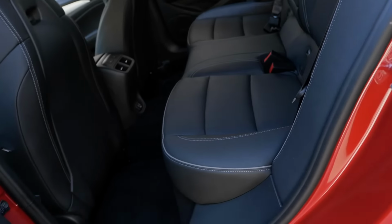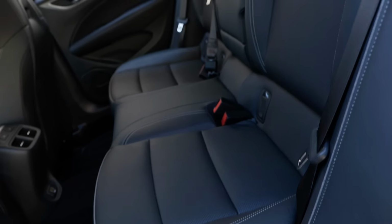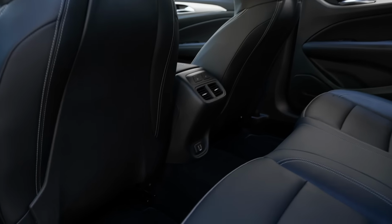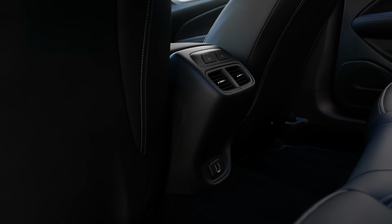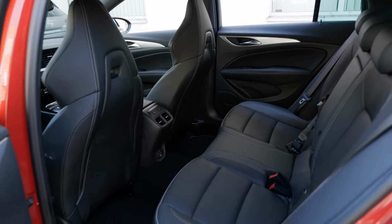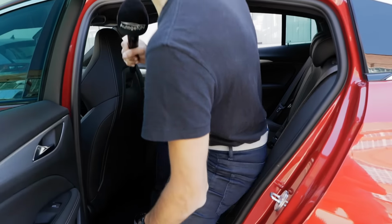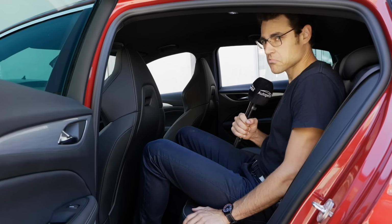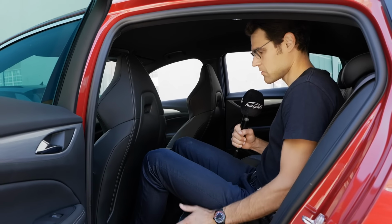You can see here already that you have a lot of room actually. Very nice. In the middle console, 2 USB-A supplies in the lower part, and also an option for a seat heating for the rear outside seats. And let's get inside. And for the mid-size segment, this car is pretty long actually, and that is also displayed